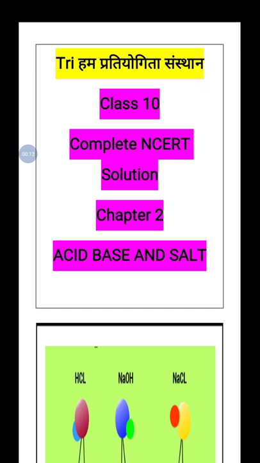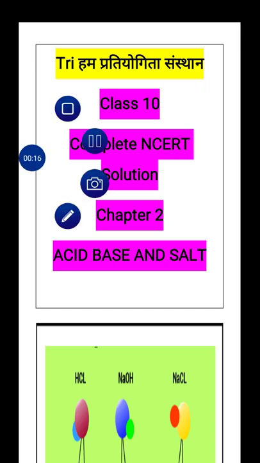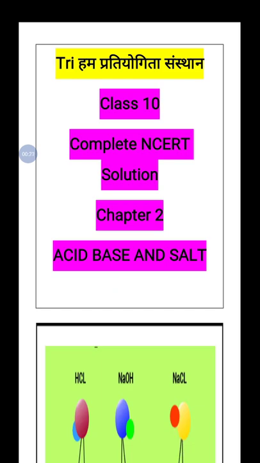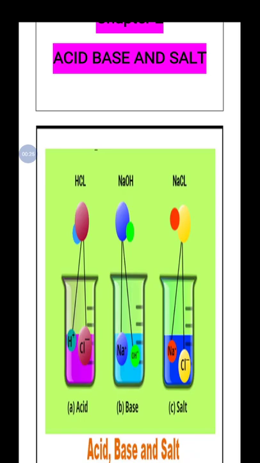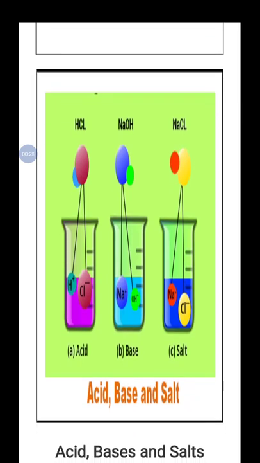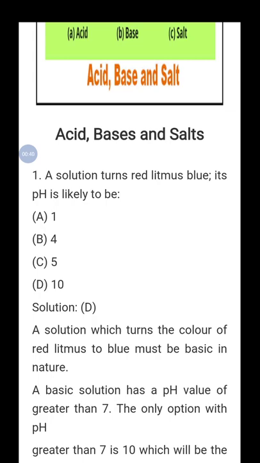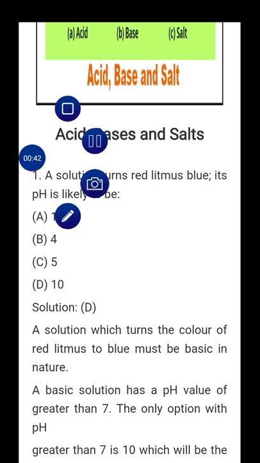हम लोग क्लास 10 का जो कंप्लीट एनसीईआरटी सॉल्यूशन सीरीज चला रहे हैं, उसमें आज केमिस्ट्री के चैप्टर नंबर 2 के बारे में बात करेंगे, जो है एसिड बेस और सॉल्ट का। ठीक है, तो आइए इसके बारे में बात करते हैं। एसिड बेस एंड सॉल्ट, HCl जैसे यहाँ पे दिया है। HCl एग्जाम्पल है एसिड का, NaOH एग्जाम्पल बेस का है, और NaCl एग्जाम्पल है सॉल्ट का। ठीक है, तो यही एसिड बेस सॉल्ट, इसके बारे में हम लोग डिस्कशन करेंगे। और इस टॉपिक में हम लोगों ने कवर किए हैं सारी NCERT जो आपके एक्सरसाइज है उसका पूरा सोल्यूशन।